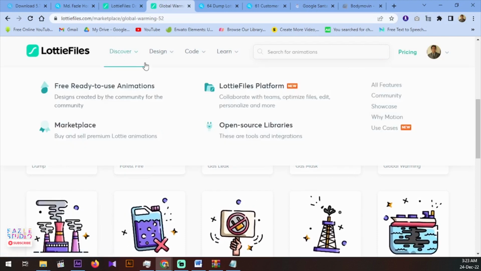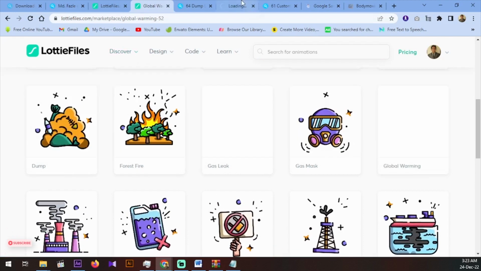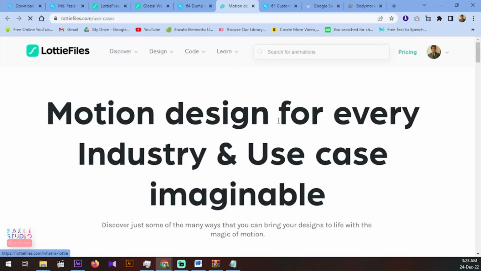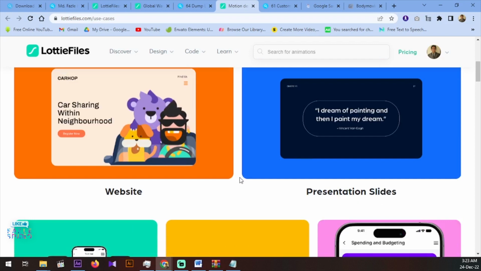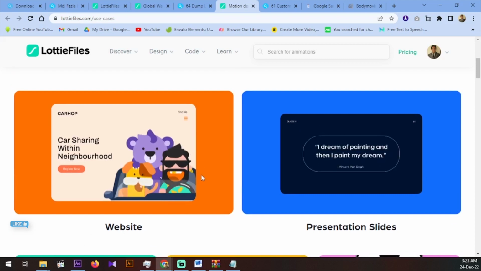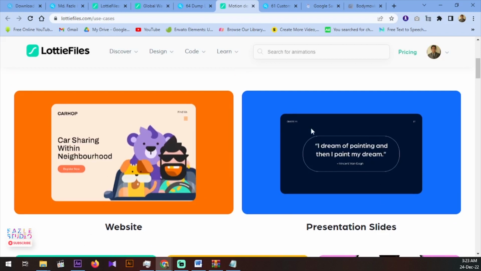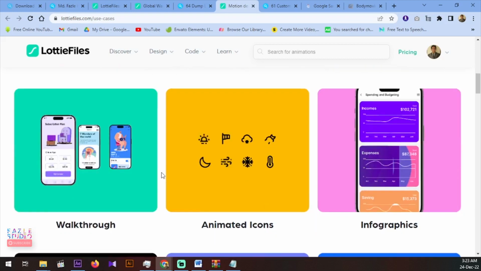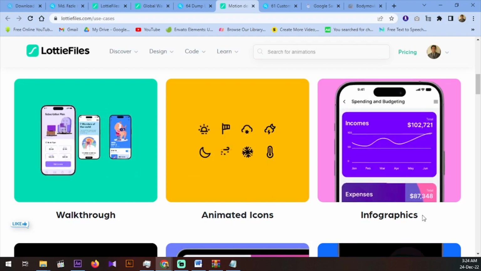If you look at discover and see these use cases, this is new. Let's check out use cases. Motion designers for every industry and use cases imaginable. They have displayed examples of what Lottie files is being used for. Websites. Websites can use Lottie files on their landing pages. Presentations could use animations like this, motion graphics like this, walkthroughs, animated icons, infographics,